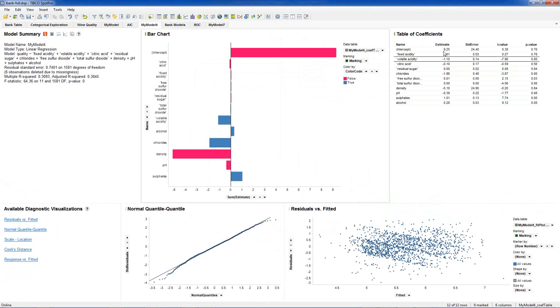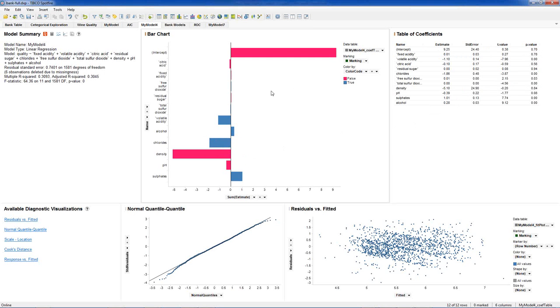If you look at this table, for instance, you see the intercept term is estimated at 9, but it's a huge standard error, so it's not very interesting. The density term here is large, but also has a very large standard error, so also not very interesting.